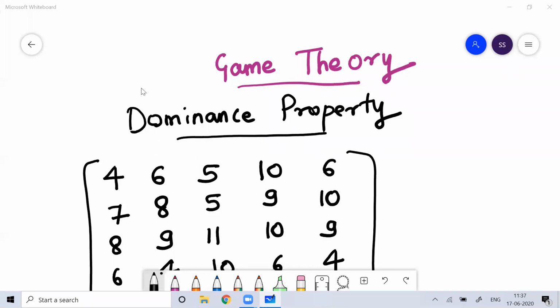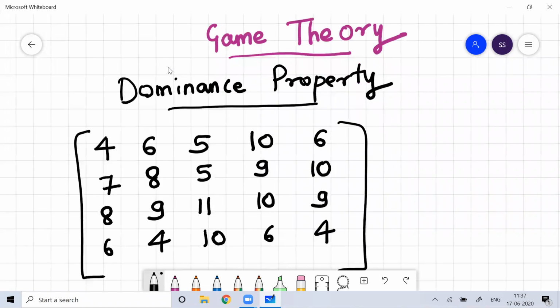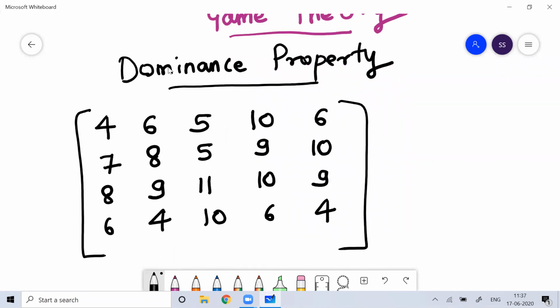Under such a scenario, we need to think beyond the graphical method that we discussed in the previous class. So if you remember, whenever you get a problem, you can try to solve it by working on pure strategy, assuming that you will get the saddle point. In case you don't get the saddle point, then probably you have to use a mixed strategy.